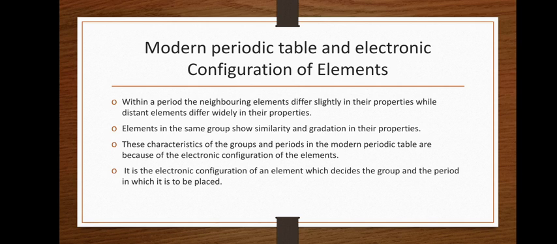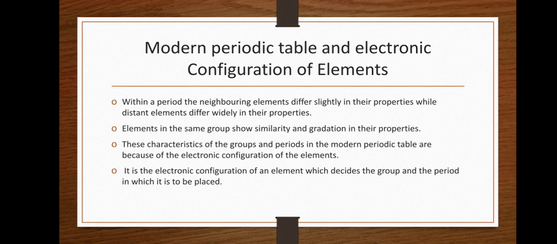If you consider the first group, hydrogen, lithium, sodium, potassium, rubidium, cesium, francium, correct? These are all alkali metals. If you move to the 18th group, helium, neon, argon, krypton, xenon, all these are noble gases. If we consider the 17th group, fluorine, chlorine, bromine, iodine, astatine, all of them are halogens, right? So elements in the same group will have the same properties. The only thing is that they will show gradation in the properties.